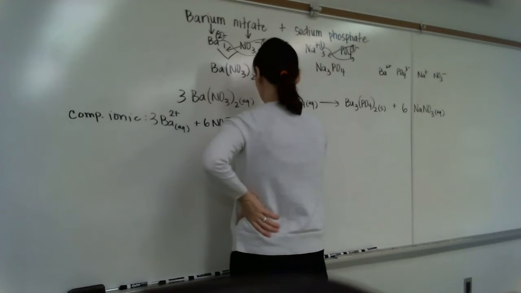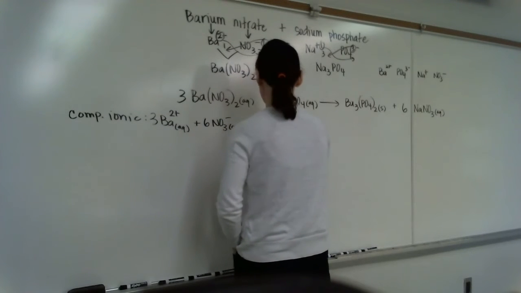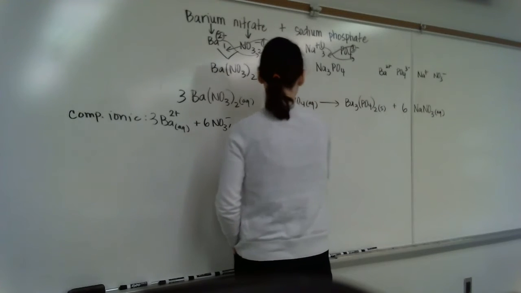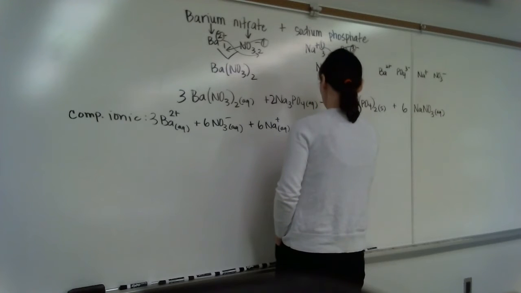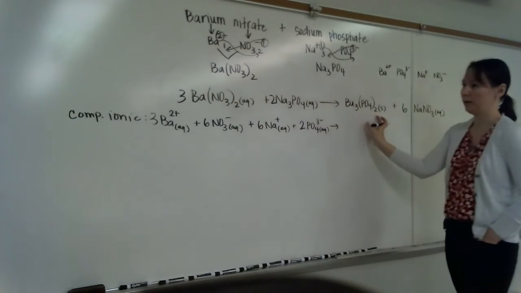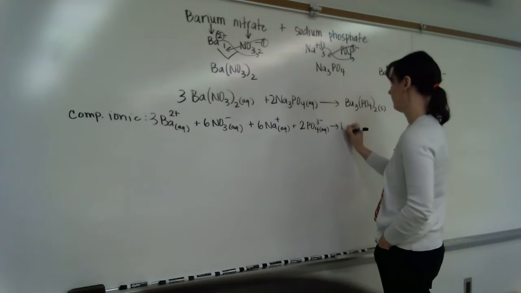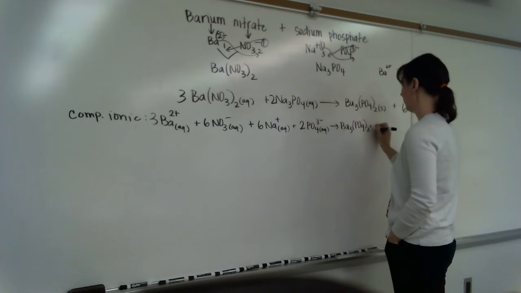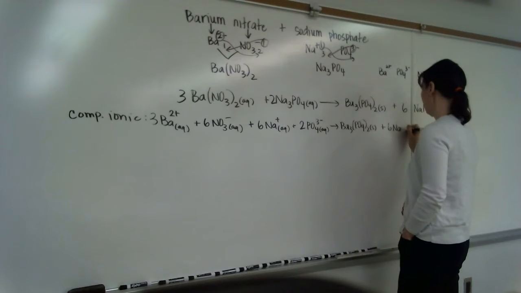Same thing's going to happen here. There's a coefficient of 2, but there are 3 sodium ions, so that's 6 Na+, and then 2 times 1 is 2 PO4 3-. We're going to leave the precipitate alone. Leave it alone, just write it directly the same. And then distribute this 6: 6 Na+